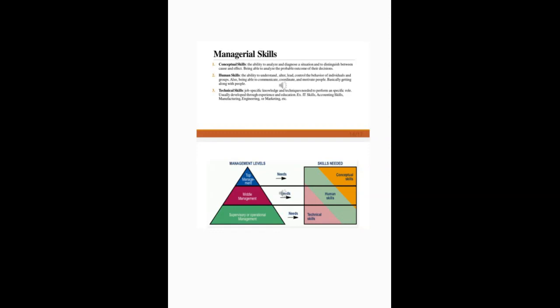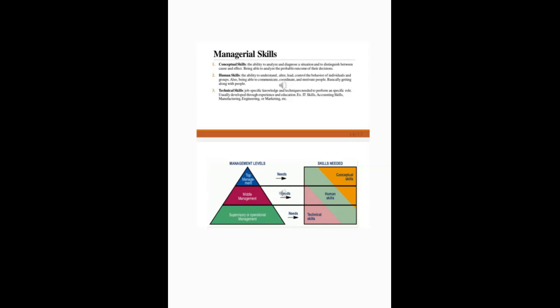Skills. You should know the definition for the review. You should know the definition of each skill. Conceptual skills means you analyze, intelligence skills. You analyze threats and opportunities. Human skills means you handle and communicate with people. You motivate them. Okay. Then you have technical skills, which means you are specializing in one job such as marketing or engineering. So this is the definition